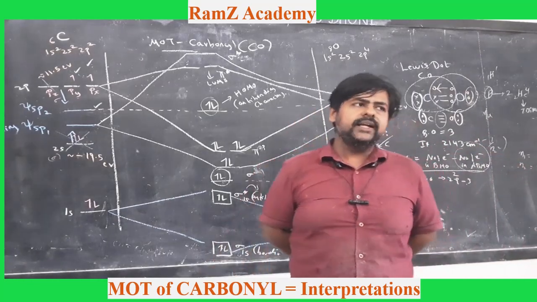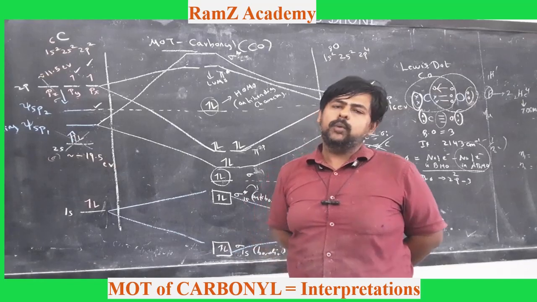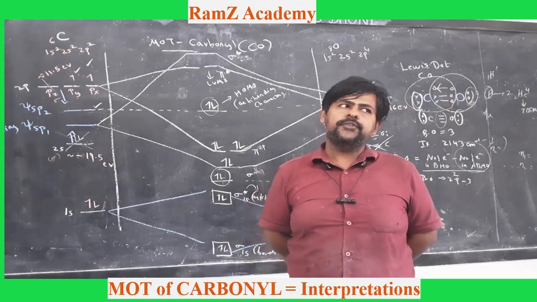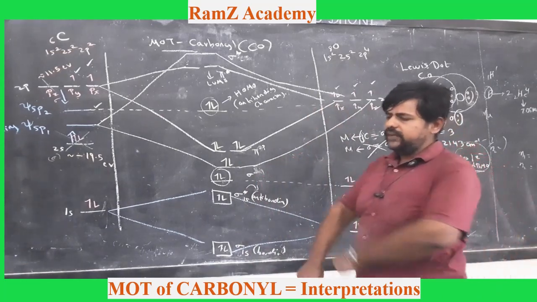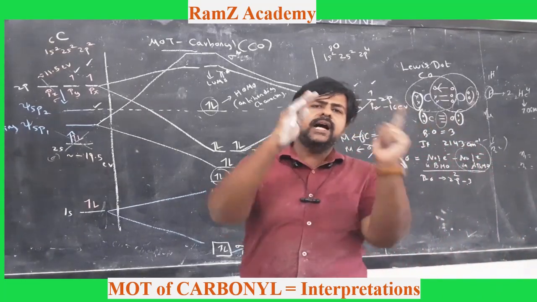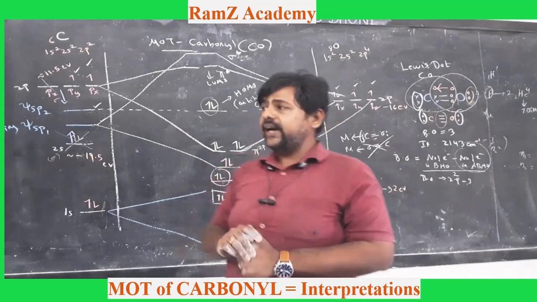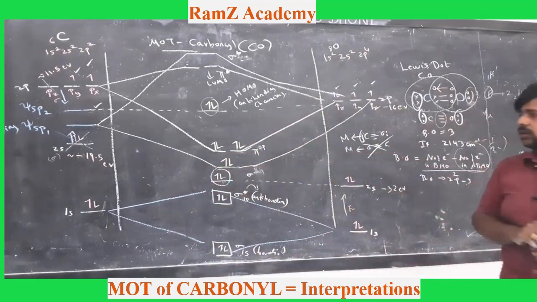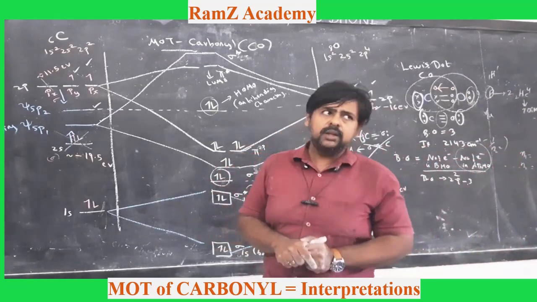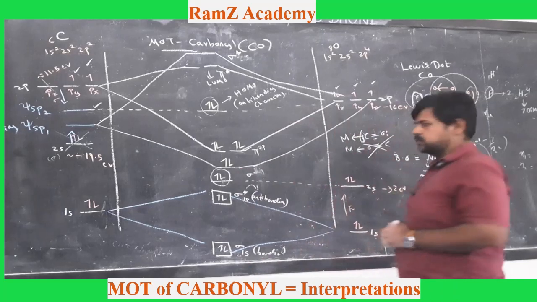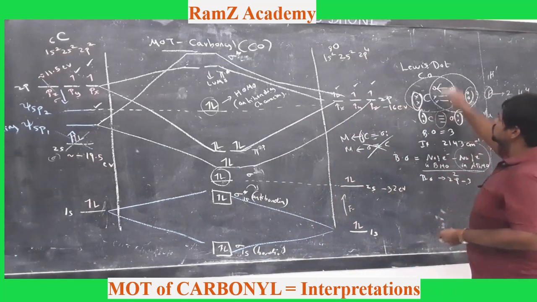The third important interpretation that we can make from this MOT diagram is the dipole moment. The dipole moment of carbonyl is very, very small. We know that there is a huge electronegativity difference between carbon and oxygen, but even then the dipole moment is very small. Why? The answer also lies in the MOT diagram, but this can also be explained on the basis of your Lewis dot structure as well. So when you draw the dipole moment, the dipole moment is